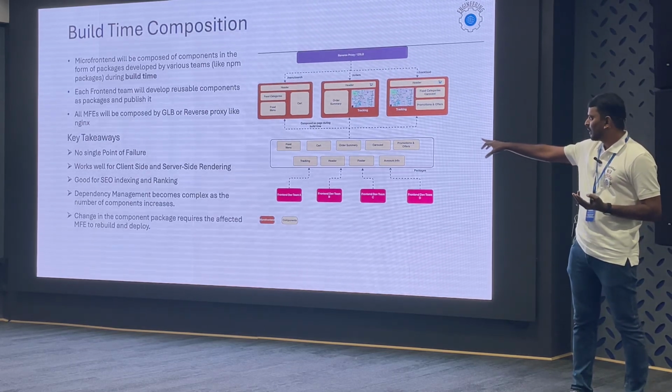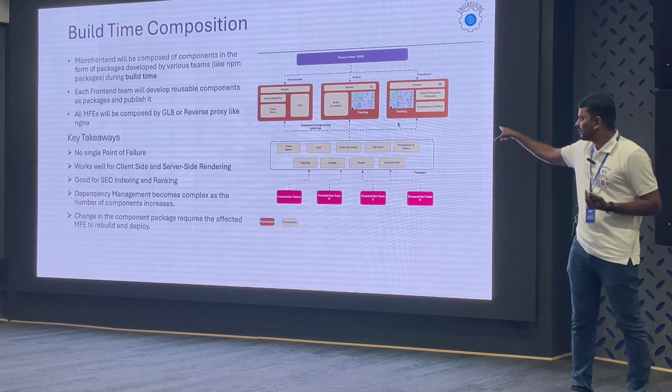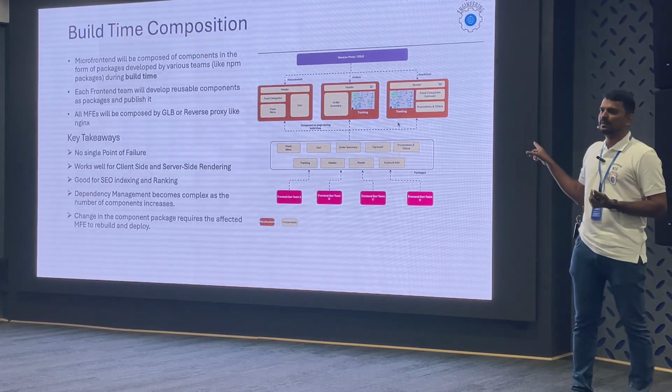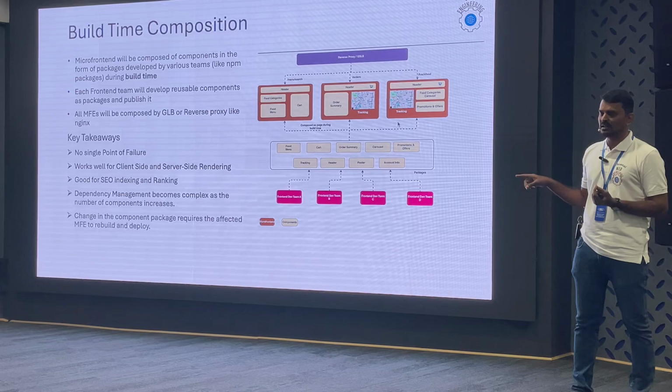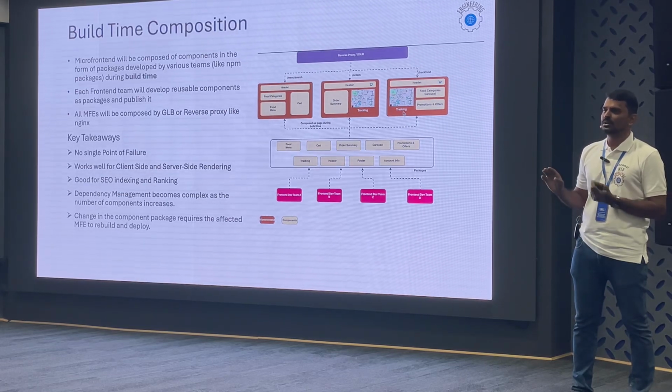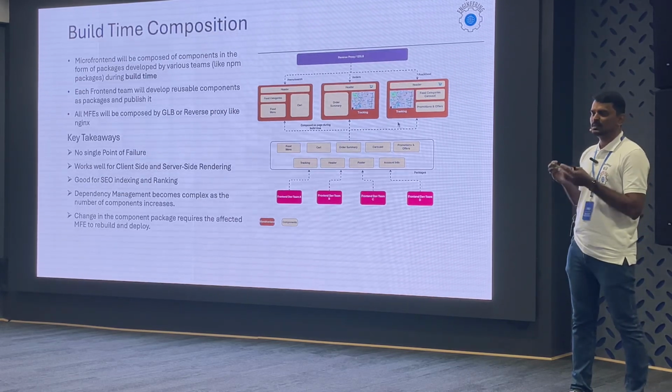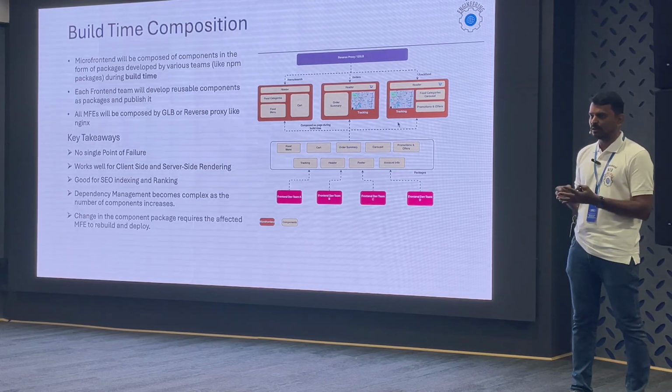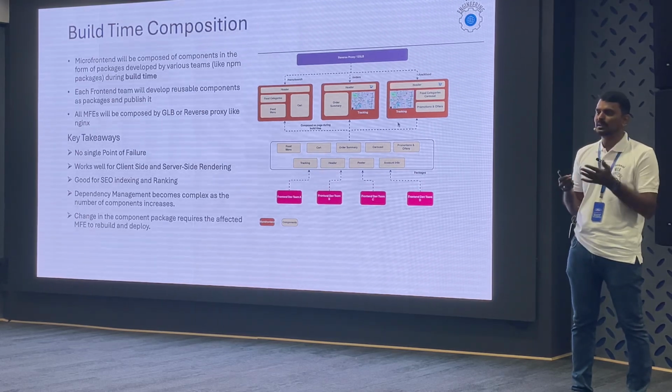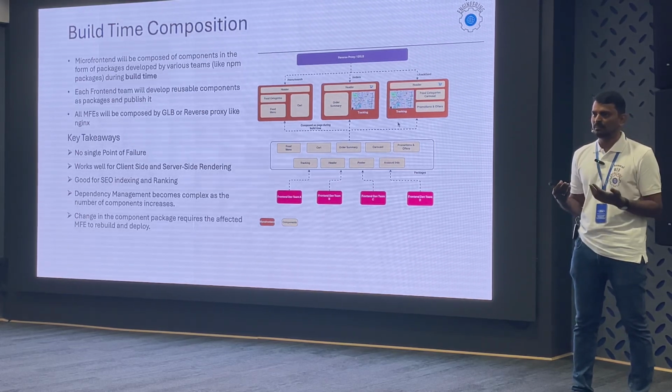If you see in the middle, everything in yellow color in the middle box, all those are reusable components that are created and published into a package manager. Once it is published to the package manager, there will be a catalog, and the teams can pull the components as needed during their development phase or during